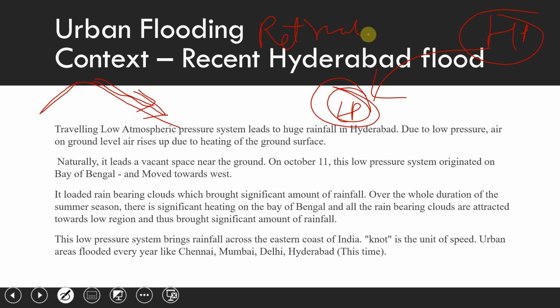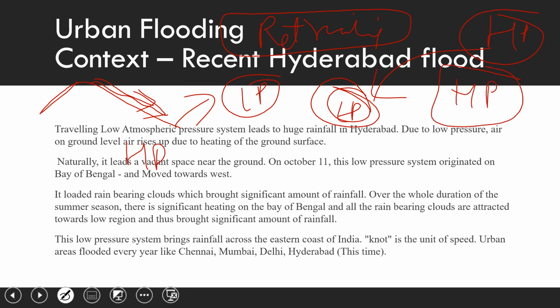monsoon. Retreating monsoon also creates low pressure in the southern part of India, and ultimately rainfall occurs in the retreating monsoon. In the monsoon period, the monsoon comes into India because of high pressure in the Arabian Sea or the Bay of Bengal and low pressure on mainland India. When the monsoon comes into mainland India, it creates high pressure in those regions and low pressure in southern India. So this will cause the retreating of the monsoon,